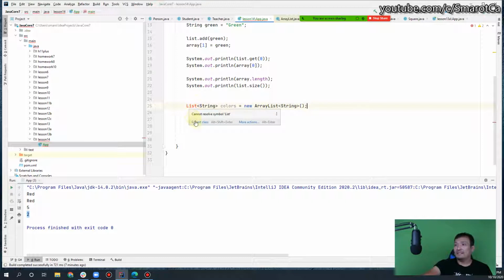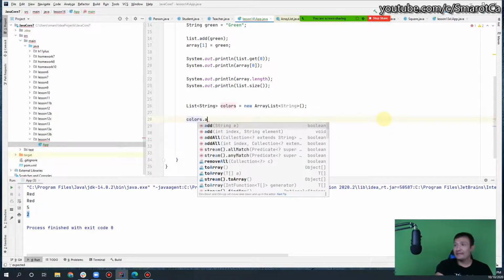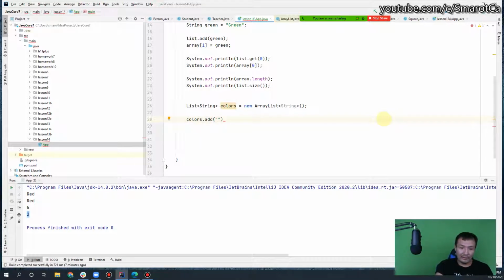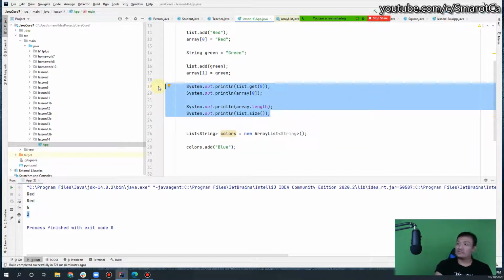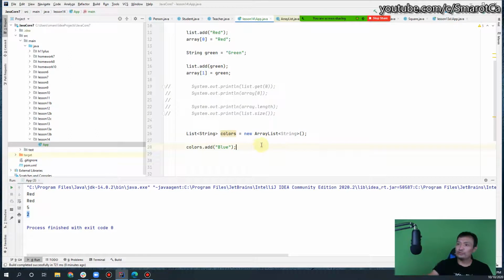So the idea, since ArrayList implements List, we can do something like that. List of Strings colors is a new ArrayList. Good? Okay, let's add a few colors to colors. So colors dot add, I can add, for example, blue. And let me print out. Okay, first of all, I want to mute this stuff, and I want to print out colors dot